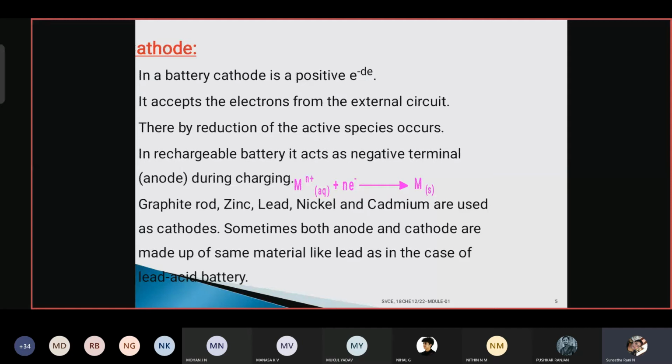The separator separates the anode and cathode compartments in a battery to prevent internal short circuit. The main function of the separator is to transport ions from anode to cathode and from cathode to anode. For the separator we usually select cellulose, vinyl polymers,